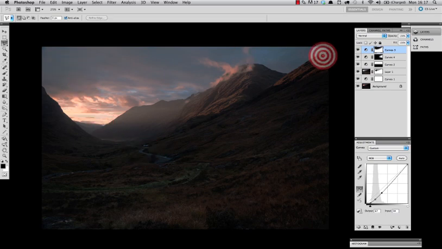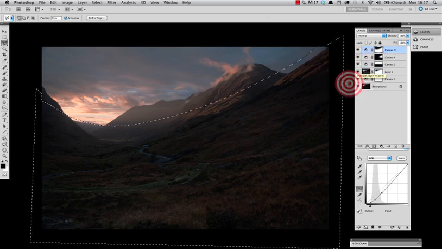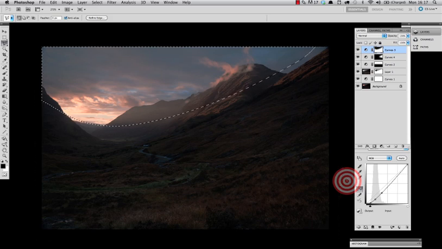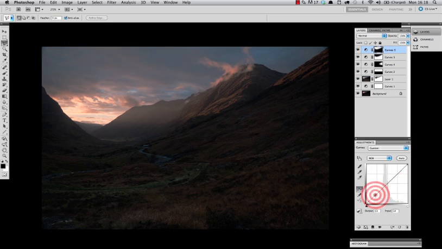Now what about the sky? You know, we've adjusted this foreground. We'd like to do something to the sky because it's looking flat as well. Great way of doing this is clicking on a layer mask, right clicking on it, and we can choose add mask to selection, and that gives us our selection back that we originally set up. We can now use select inverse, or I think the shortcut is Apple Shift I or Control Shift I if you're on Windows, and we have the selection just for the sky area. So we'll now put another curve in and we'll adjust the sky until we start getting